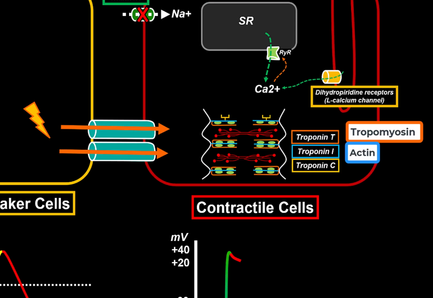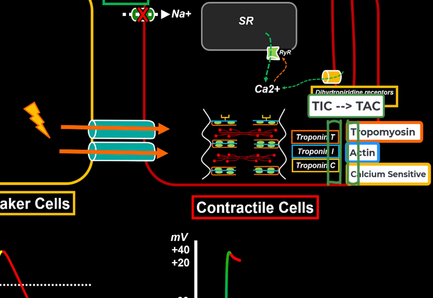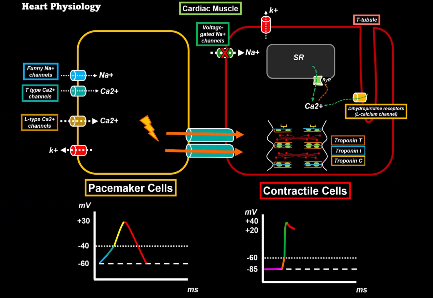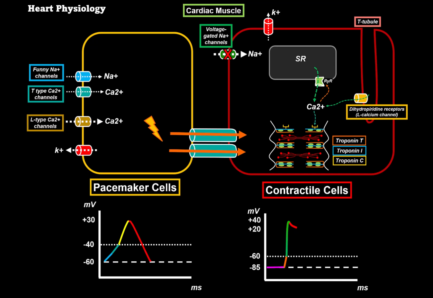Troponin C is a calcium-sensitive protein that has 4 calcium-binding hands, and it also holds hands with troponin I. So when troponin C is activated, it changes the form of troponin I. The way I remember it is, remember tic-tac for this one. So what happens is, when calcium binds to troponin C, it causes it to change its form, which leads to